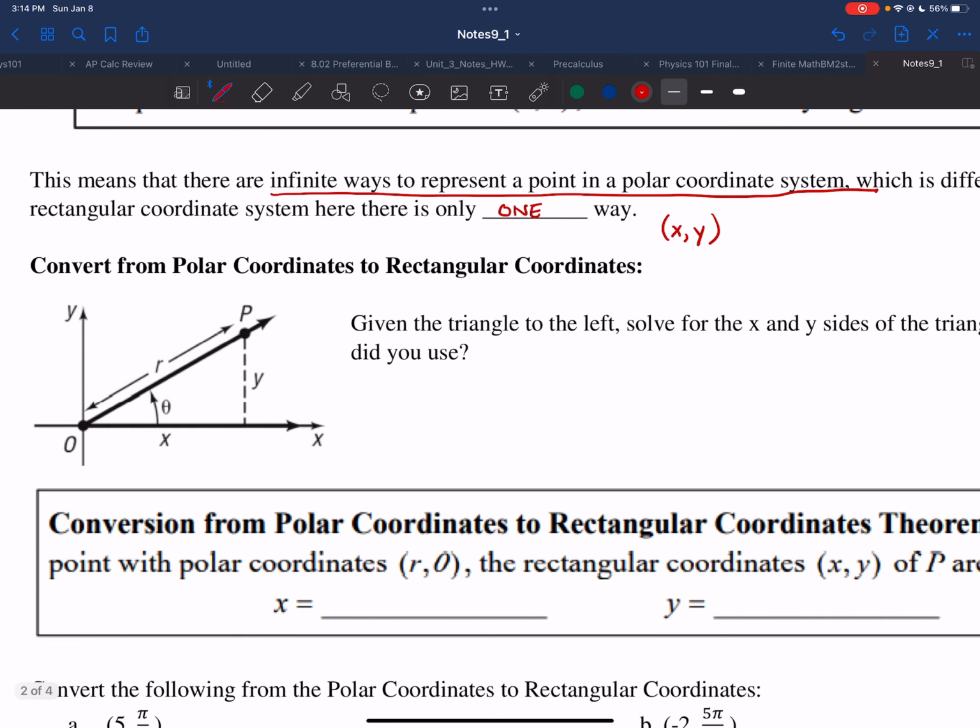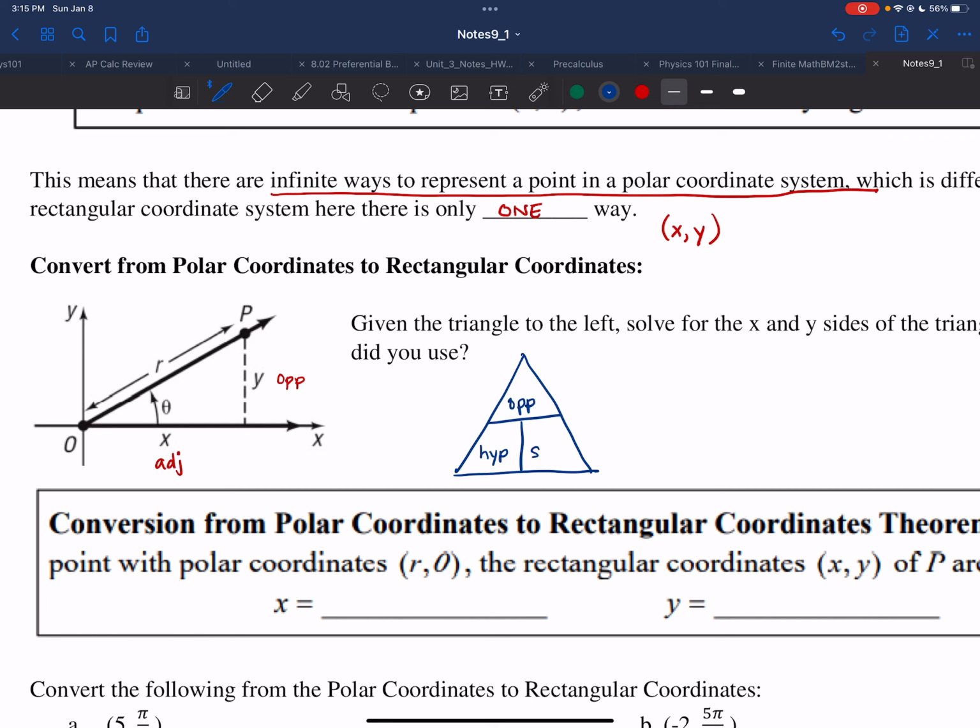All right, let's do some conversions. We're going to convert between polar coordinates to rectangular coordinates. And I did that real quick on the previous page, but we're going to go ahead and spend some time concentrating on it. Now remember we said that the y was the equivalent of opposite and my x is the equivalent of adjacent. And remember we have our trig functions, right? So we have